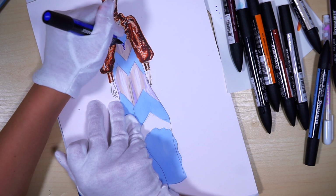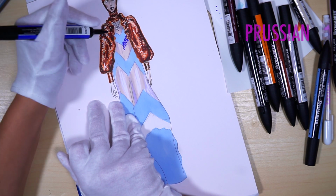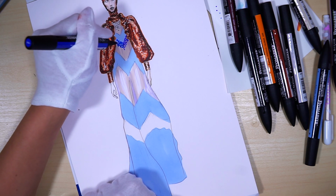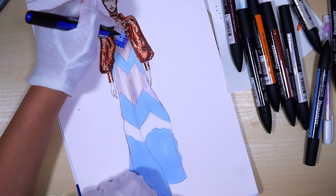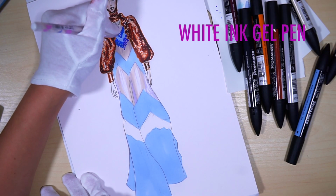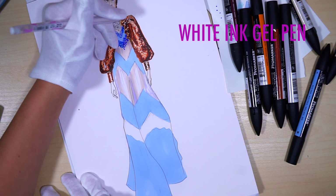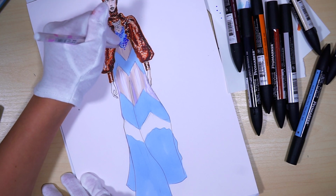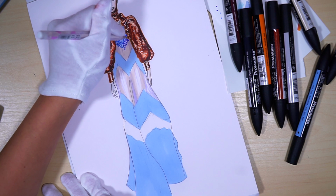Next, I'm using Prussian color and making these dots. Let's try royal blue as well, because it's a bit warmer and matches more the actual color of the design. But I'm going to mix them later. Next, with white ink gel pen, I'm adding dots on the top of those dots that I made with marker just now. Sometimes I make strokes, so it's a mix of